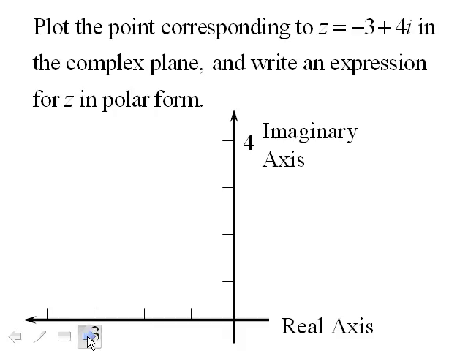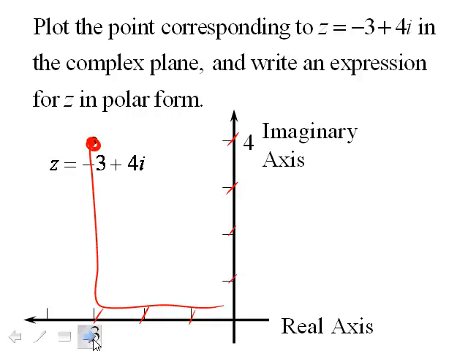So let's set up a problem. Plot the point corresponding to a particular complex number, minus 3 plus 4i, in the complex plane, and write an expression for z in polar form. So let's see, minus 3 plus 4i. We want to go over 3 units in the horizontal direction, the real direction, 1, 2, 3 units back, takes me to minus 3. 4i is 4 units up. So 3 units over and 4 units up puts me right about here. And that would be the location of the point z,